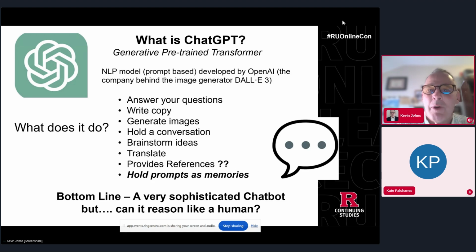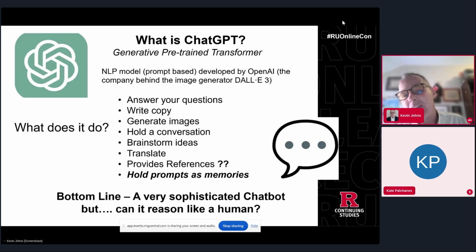You can use it for brainstorming ideas. I use ChatGPT in my classroom settings for that specific purpose. It'll translate. It will provide references. Now, 6 months ago, or maybe a little bit longer, at the beginning of last summer, ChatGPT didn't provide references, but with the new releases, now they do. They'll put it in the right format as well, but are the references valid?